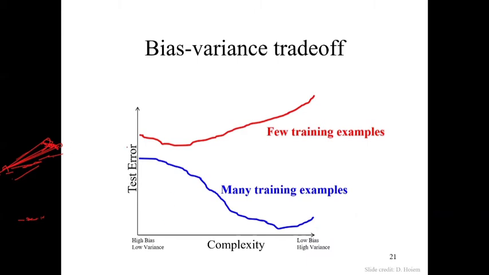So one way is to see that if you have many training samples, hopefully, you can see that this is testing error. If you have many training samples, hopefully your performance on the testing set will be reasonable. But when you have few training samples, the testing error is bound to be higher. This is one of the causes of the problem. This is why one of the solutions to overfitting is that you provide more data to your system. During training, expose your algorithm to enough data samples in order to prevent overfitting from taking place.